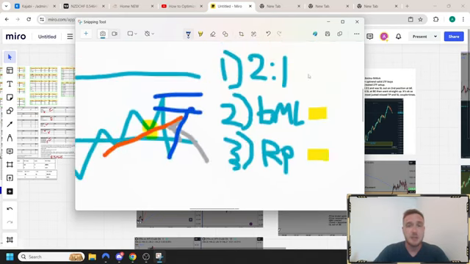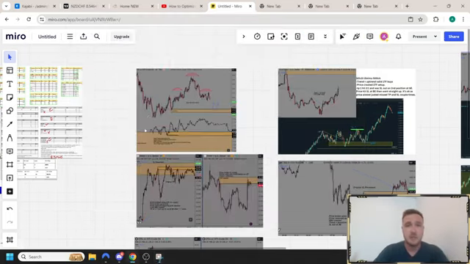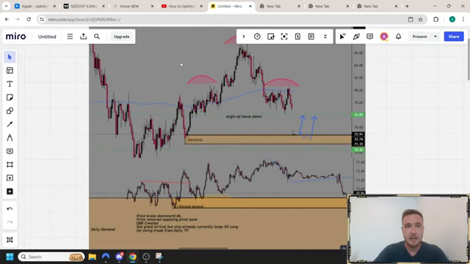But you are going to notice every setup is going to accomplish these 3 things. Okay, we need to have a strong imbalance, breaking momentum line, and removing the opposing zone. In fact, this is going to be the common thing throughout the entire setup. Okay, so if we look at some of these trade reviews,